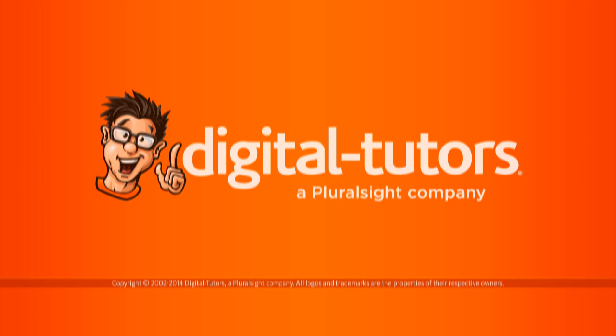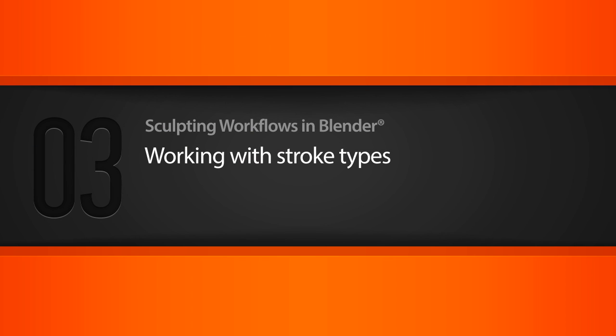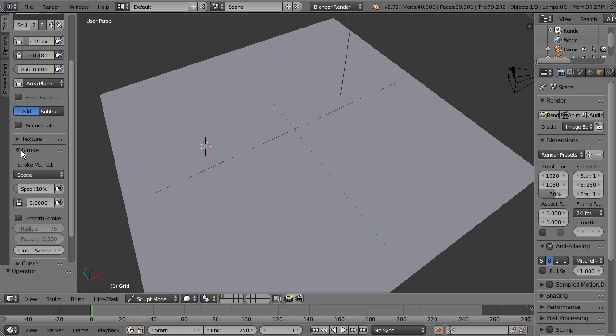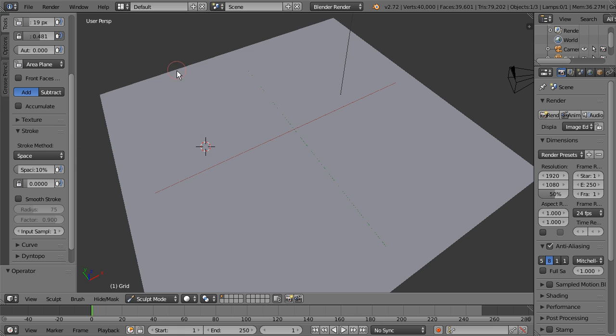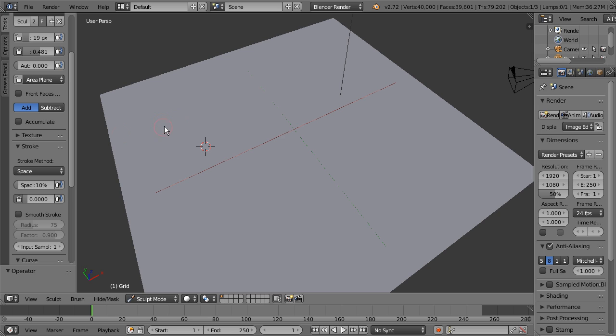Now let's take a look at some of the different kinds of strokes that we can use to lay down our sculpted data. So back in Blender, we've got a fresh grid here, and we're going to come down just to this little stroke area. So this defines how the strokes are actually laid down. When we make a brush stroke, it's made up of these little instances of this curve. So think of this as one single dot, and then it lays those together to create our smooth